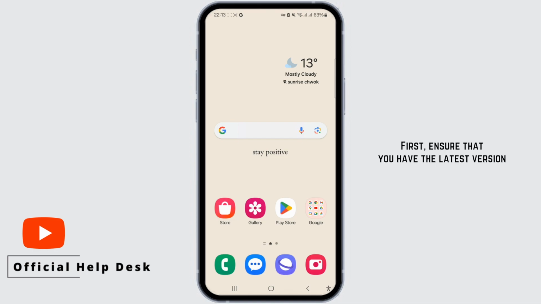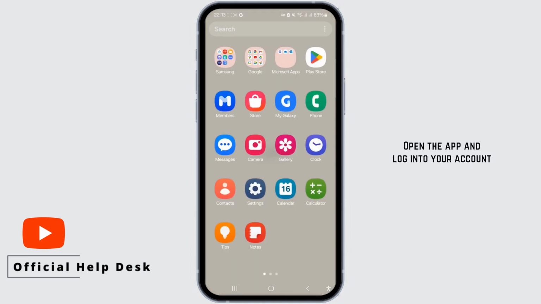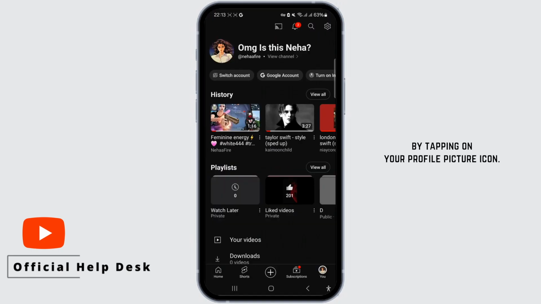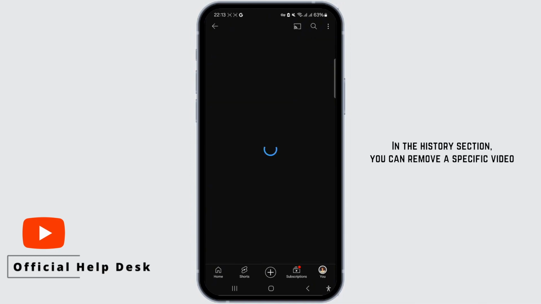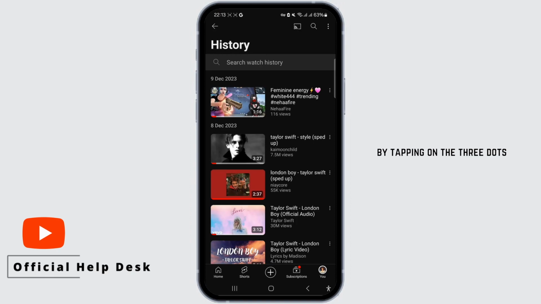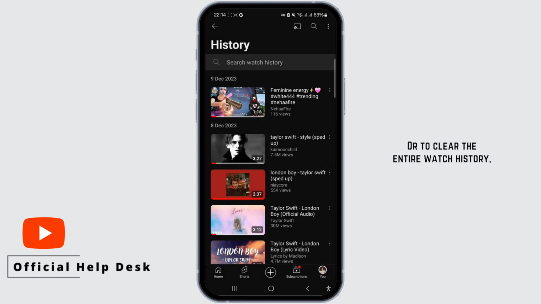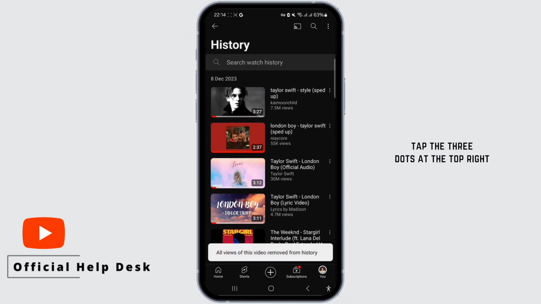First, ensure that you have the latest version of the YouTube mobile app installed. Open the app and log into the account for which you want to clear your watch history. Then go to the Library tab by tapping on your profile picture icon. In the History section, you can remove a specific video by tapping on the three dots and selecting Remove from Watch History. Or to clear the entire watch history, tap the three dots at the top right and choose Clear